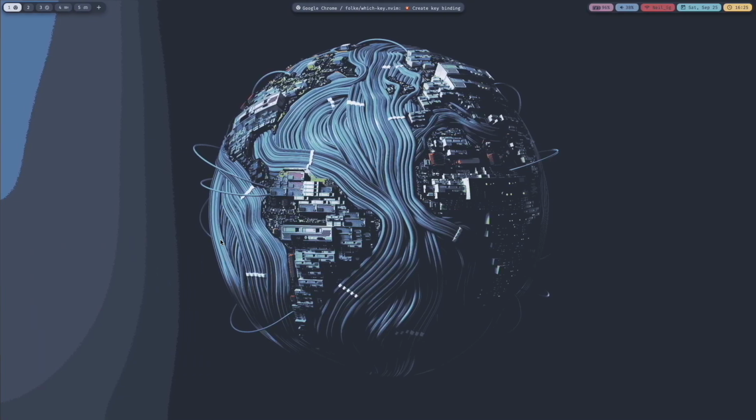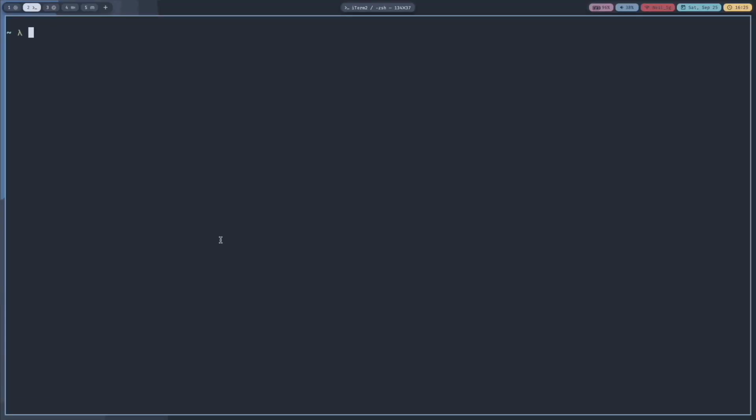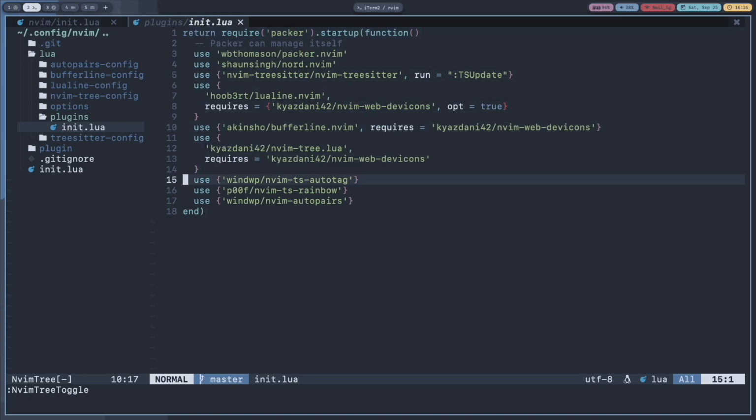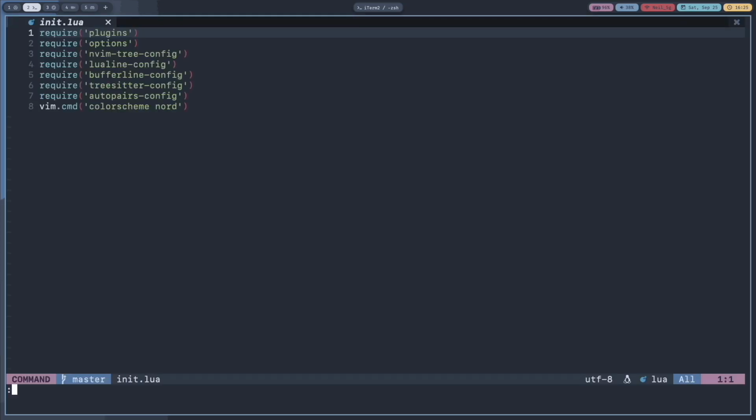Okay, now go to your terminal. I am going to increase the font size so that it will be visible to you. Then go to the nvim folder. Then you need to edit your plugins file. Then type use in curly brackets, paste the string which you copied. Now restart NeoVim and do packer sync to install the plugin.